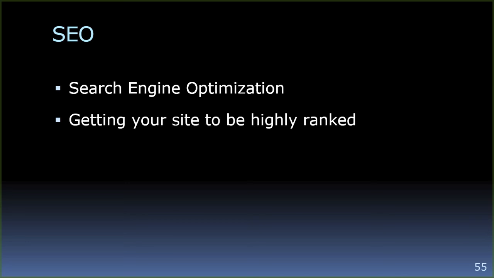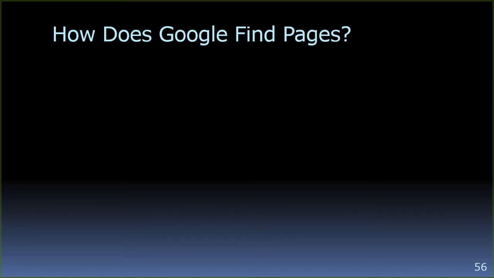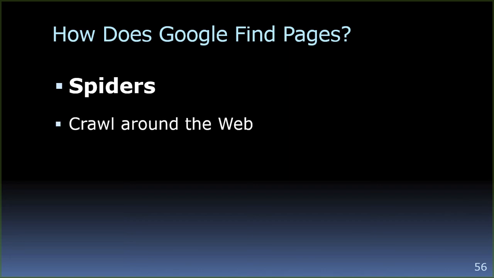So it's just basically getting your site to be highly ranked on their search results. Now, how does Google find all these pages that it's showing to you? Well, basically, it has these programs called spiders. And the spiders, you think of them as crawling around the web, going from one web page to another web page, following all those links, those hyperlinks, until it sees basically as many pages on the internet as